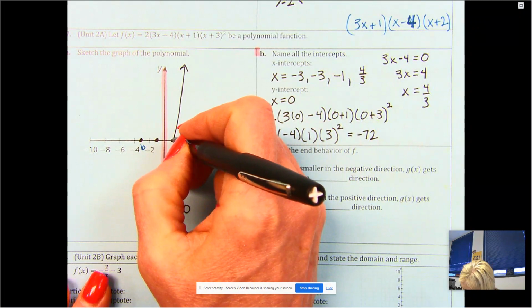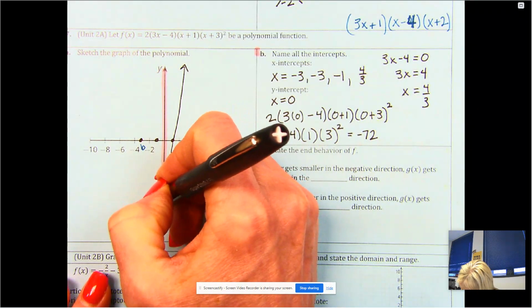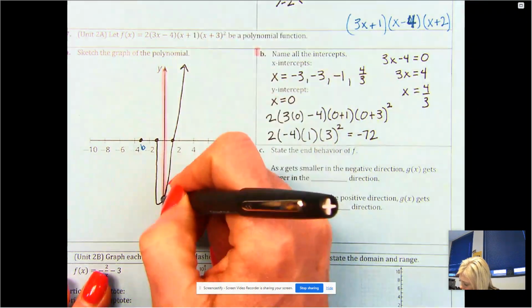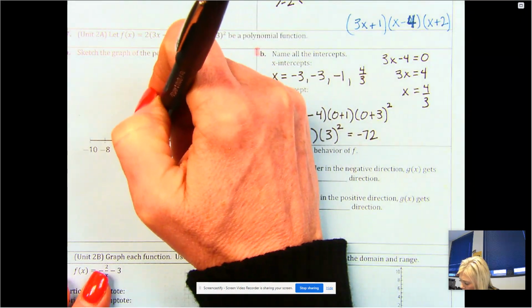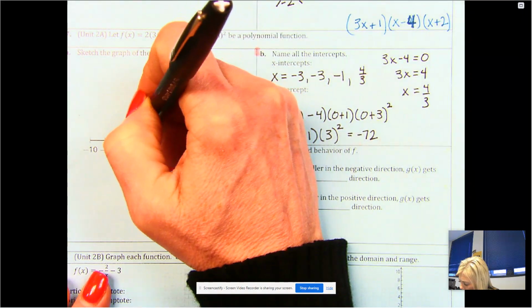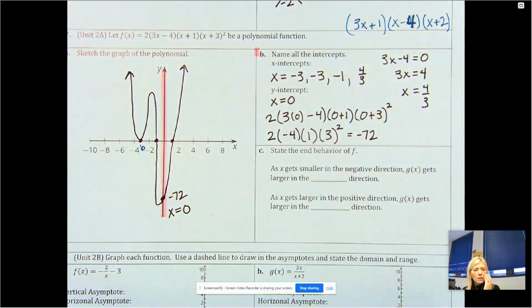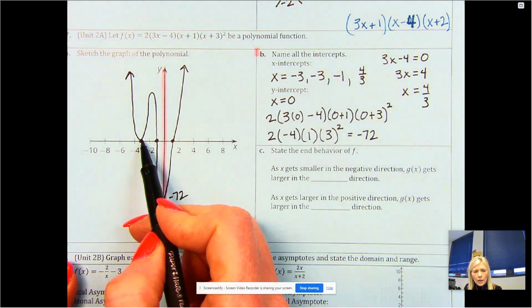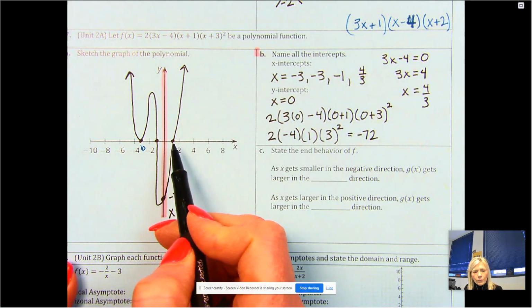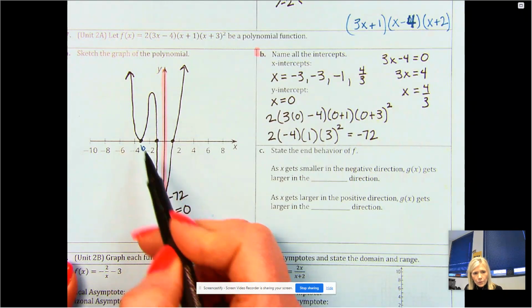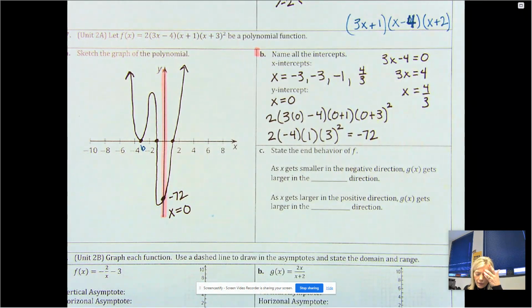So it goes up from there and then down through the y-intercept, back up to here, turns around, bounces at negative 3, and then that's the last x-intercept on that side. And so this is what the graph looks like. And for the end behavior,